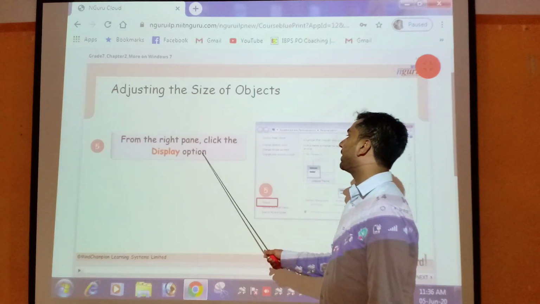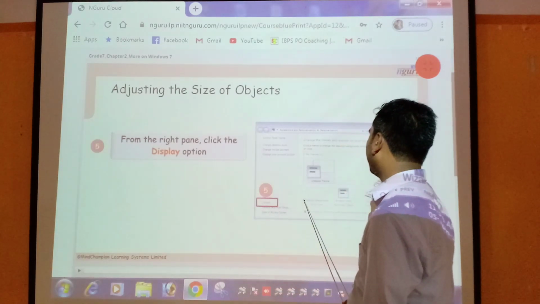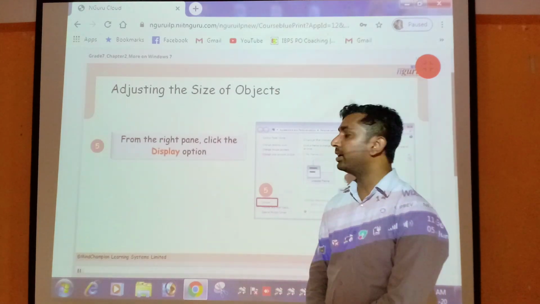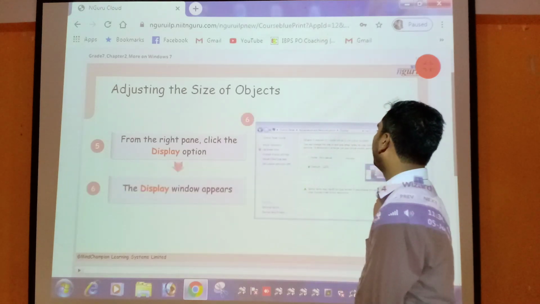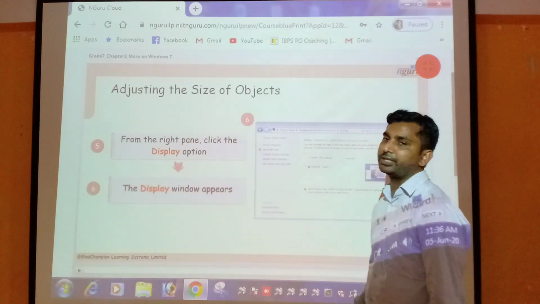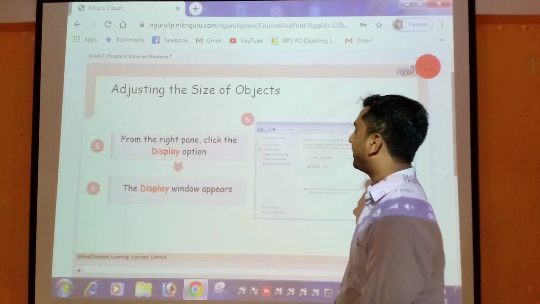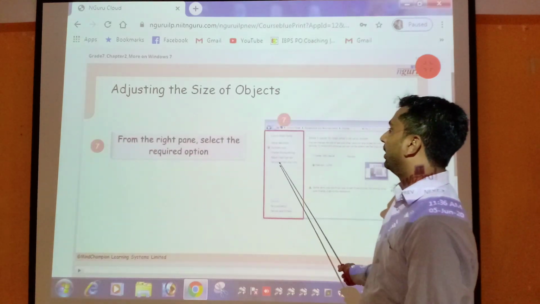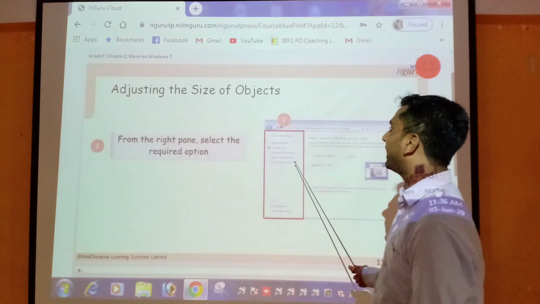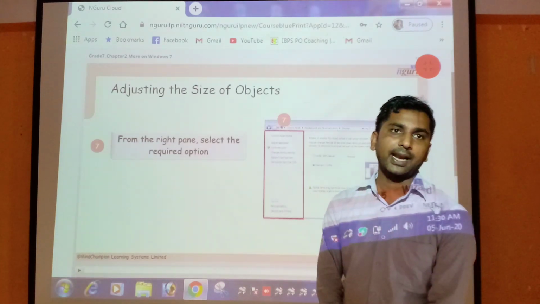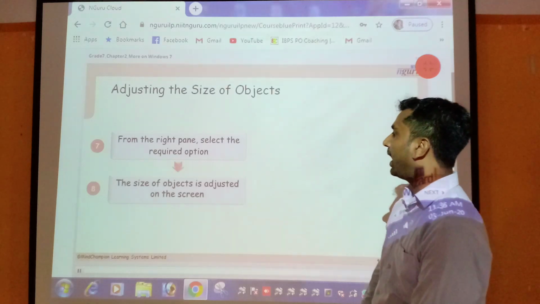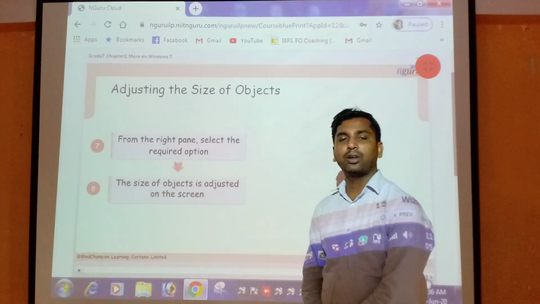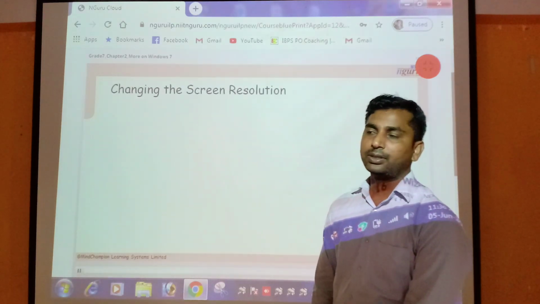After that, from the left side, click on display option. After that, the display window appears on the screen. After that, from the right pane, select the required option. After that, the size of objects is adjusted on the screen.